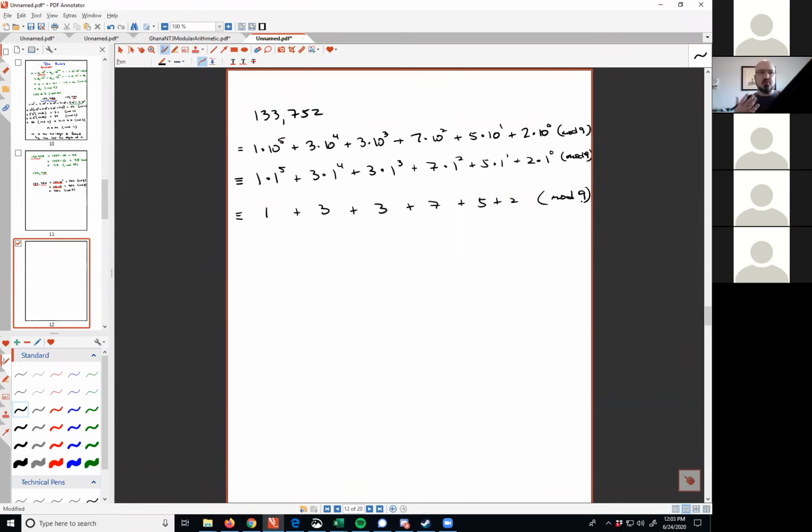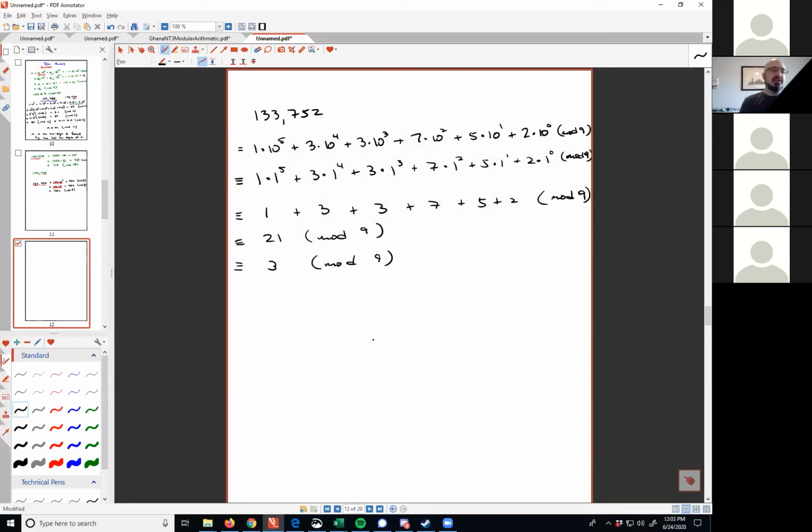Why does this work in both mod 3 and mod 9? Because in mod 3, 10 is equal to 1, and in mod 9, 10 is equal to 1. That's right. Exactly. 10 is 1 more than 9, which is both a multiple of 3 and a multiple of 9. And notice, this is both a divisibility rule and what else? It's a divisibility rule and it's a remainder rule,